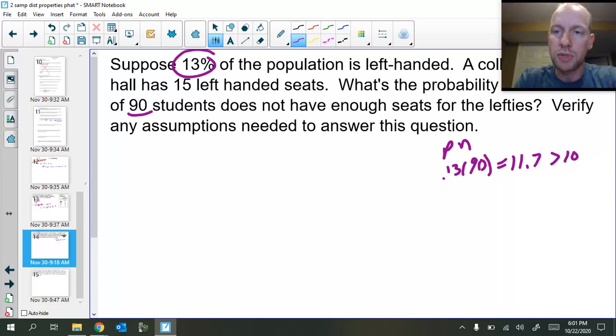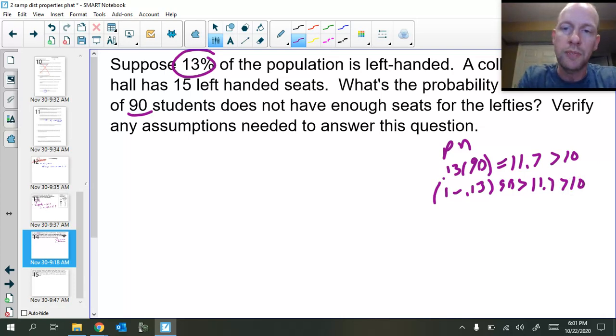And I know it's obnoxious, but go ahead and check both to confirm that (1 minus 0.13) times 90 is also greater than this. And you can kind of do some shortcuts. Greater than 11.7, which is greater than 10. It's kind of obvious because you check the smaller one. So we do have a large enough